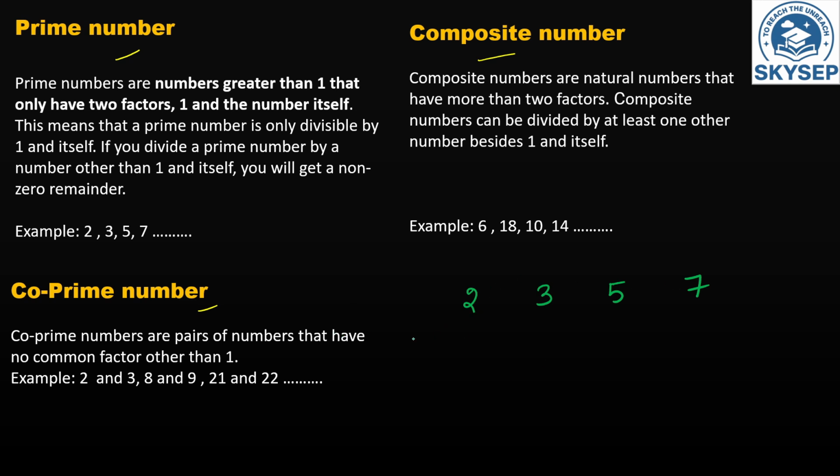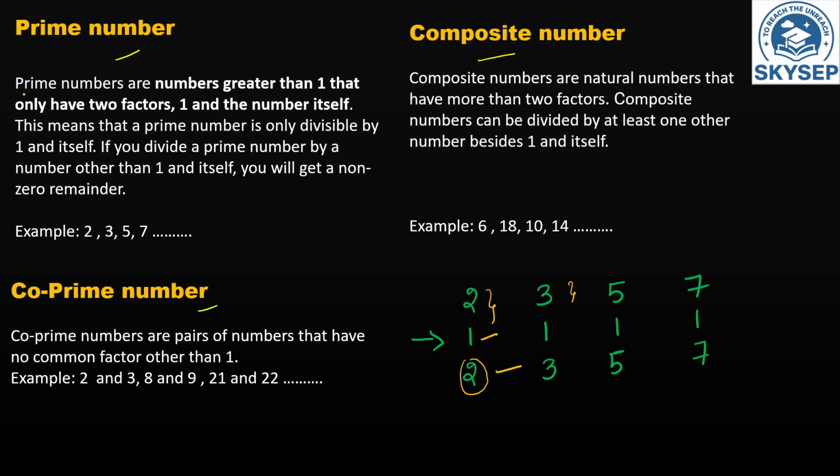How am I saying this? Just write the factors of 2. What do you mean by factors? Just now we have learned in which tables this number 2 is coming. 2 from 1 is coming, 2 is coming. And what about 3? Factors of 3? 1, 3. For 5, 1 and 5. For 7, 1 and 7. You notice here the factors of these numbers are 1 and the number itself. That means 2 is completely divided by 1 and 2 is completely divided by 2 only. These kinds of numbers which are having the factors as 1 and the number itself are called prime